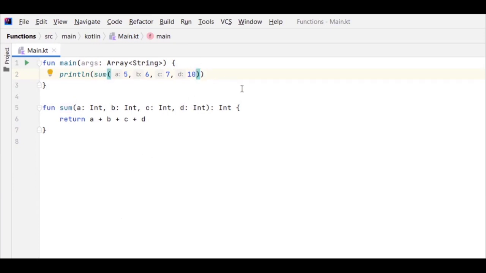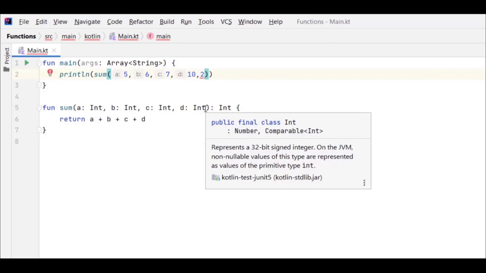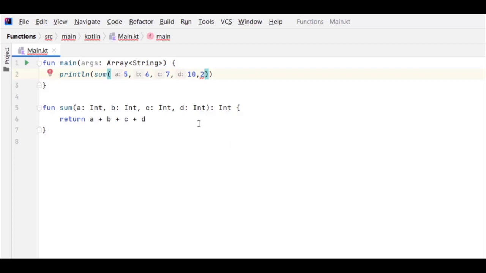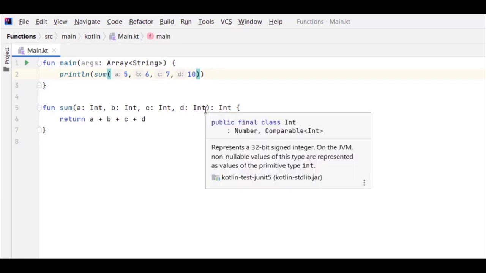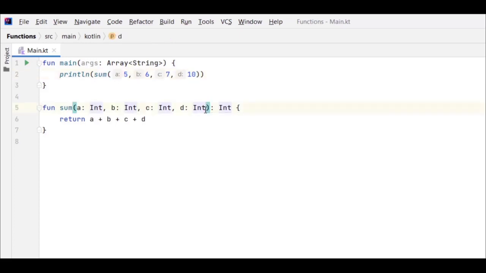Now, if I want to pass another number here, I can't because I am limited by the number of parameters that we define here. Of course I can define another parameter here, but what if I want to pass 10 numbers or 15 numbers or 100 numbers? In that case it will be very tedious to write all of those parameters, and to solve that we need to use what is called a vararg keyword. And a vararg keyword allows us to pass more than one argument to our parameter. So to declare a vararg keyword, we type here